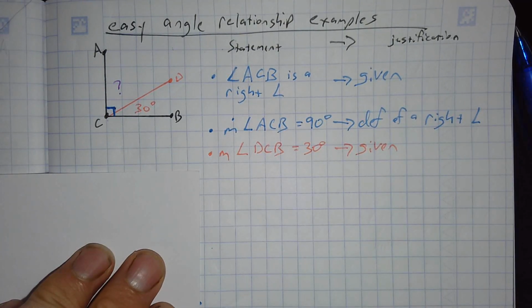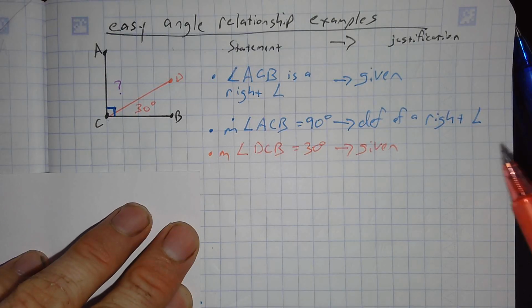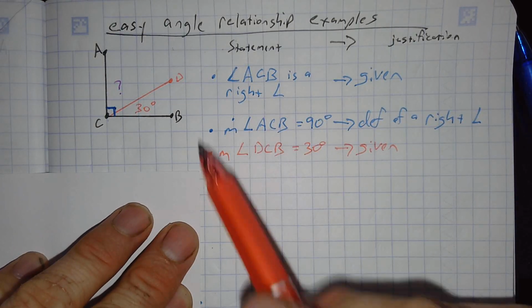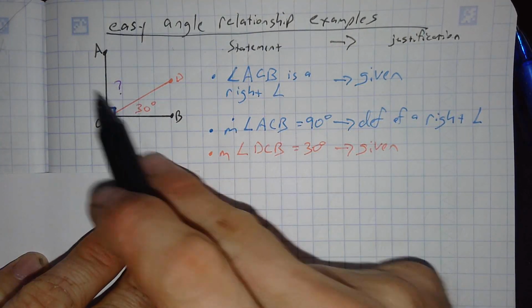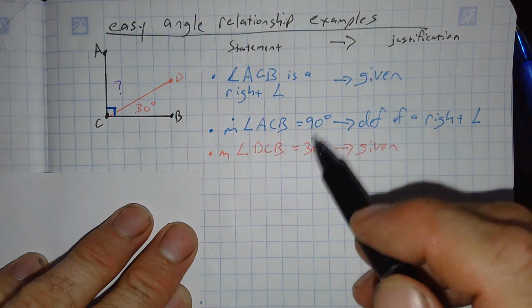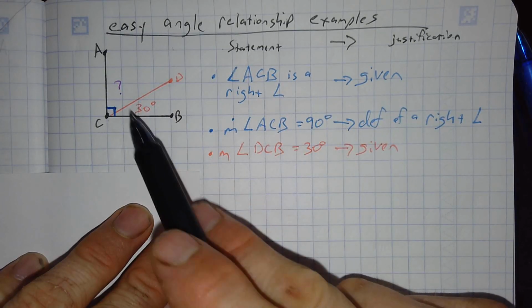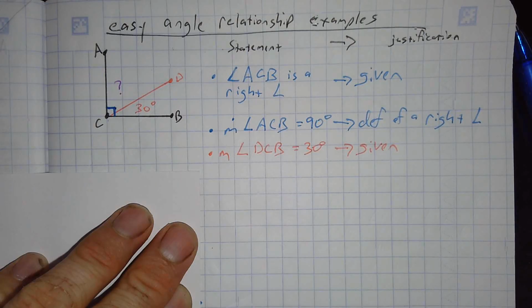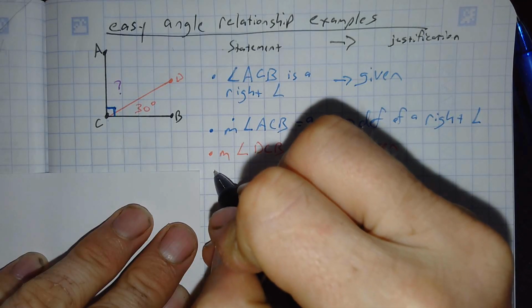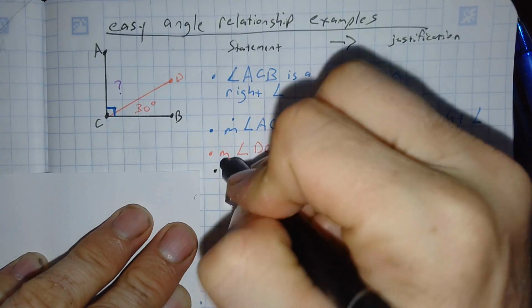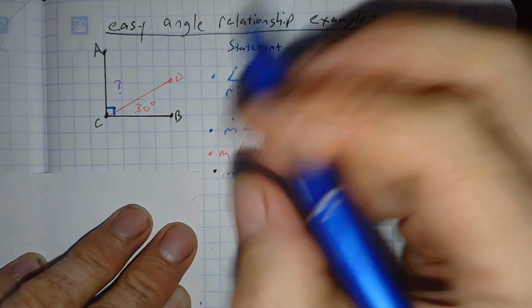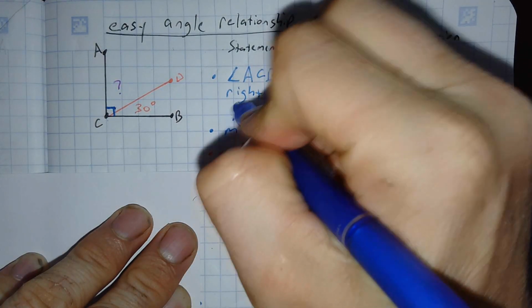Okay, so now all that stuff has been given to me, and because of that I can make my first relationship statement. That's important in identifying the relationships, and I'm going to do so with just letters to identify. I'm not going to talk about 90 degrees and 30 degrees, and it should be pretty obvious what this angle is right now, but let's show how we know that. We've got to prove how we know that. So I can say that the measure of angle ACB